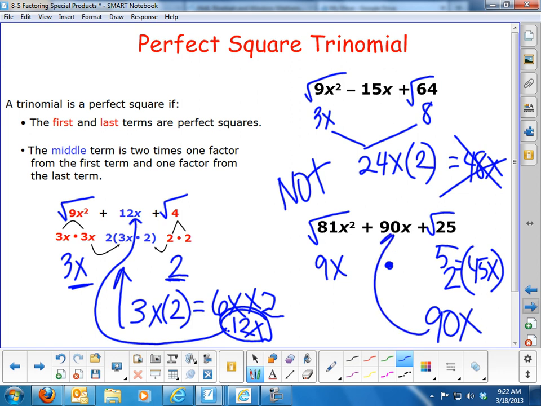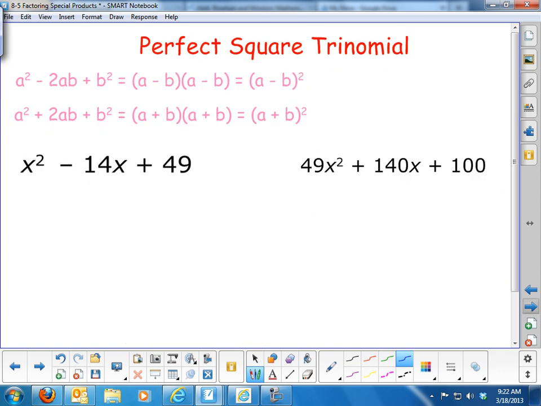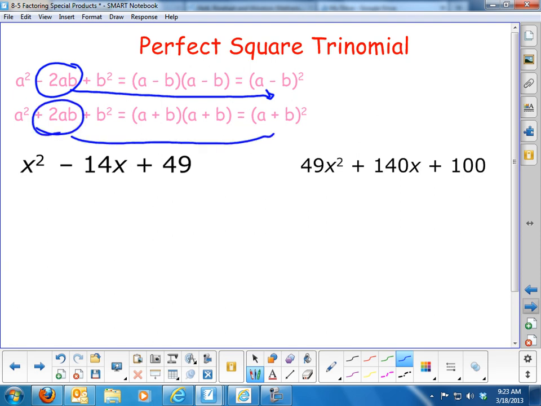Which is in fact my middle term, so this is going to be a special product, a perfect square trinomial. Okay, so let's do these two examples. In pink, I have written what the perfect square trinomial is going to factor into. If it is a minus in the middle term here, then it's going to end up being a minus b and that quantity squared. If it's a plus in the middle, it's going to factor and have a plus in the middle of the